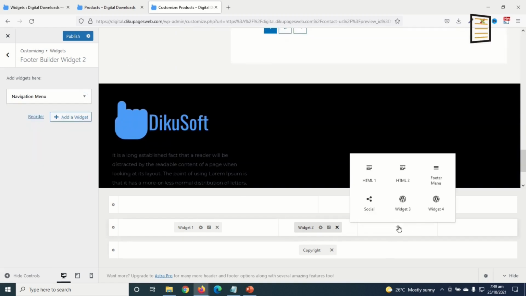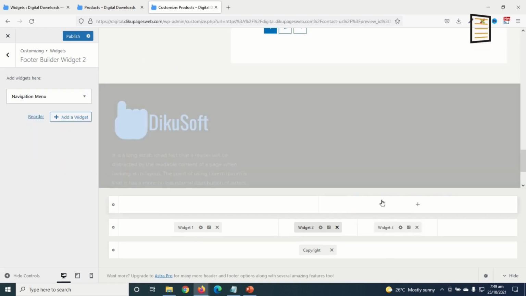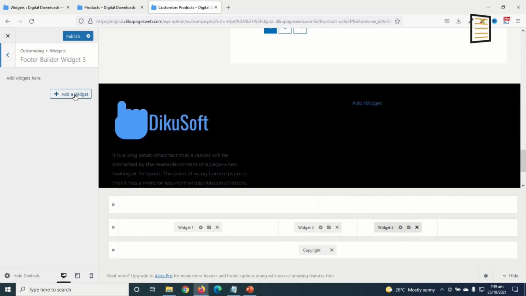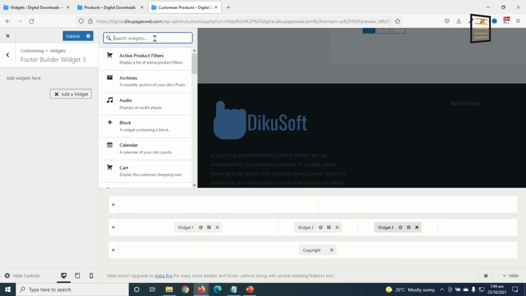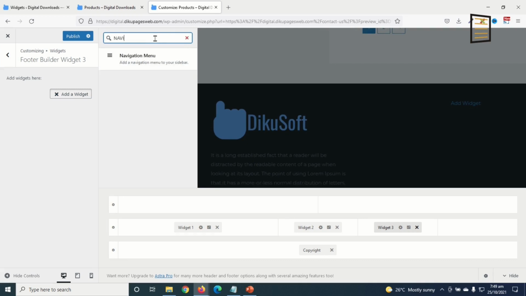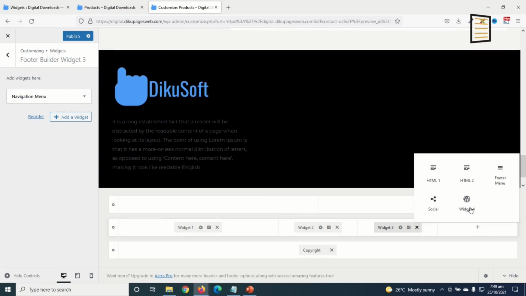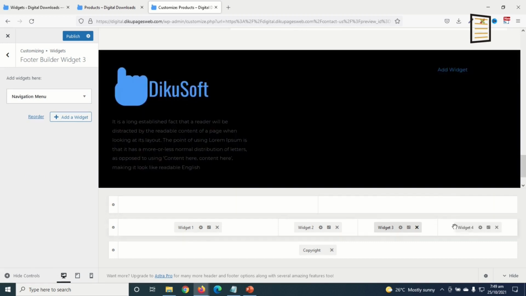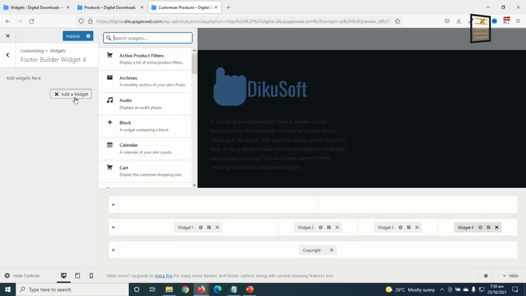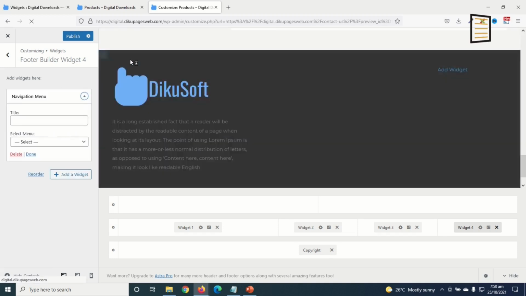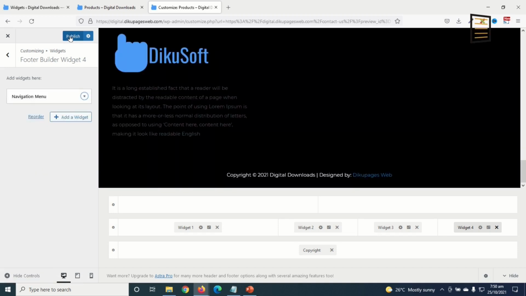Go to the third widget, click on the plus icon, widget 3, click on it, add widget, navigation, and finally the fourth widget, widget 4, click on it, add a widget, search for navigation. I have it in here. I publish it. I can go back to the first widget and edit my logo.